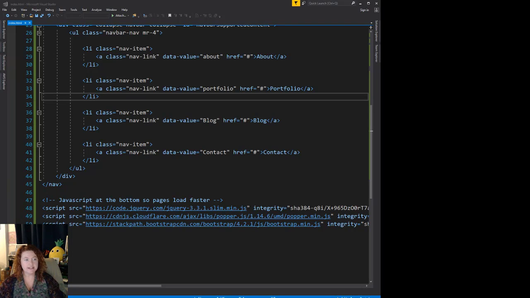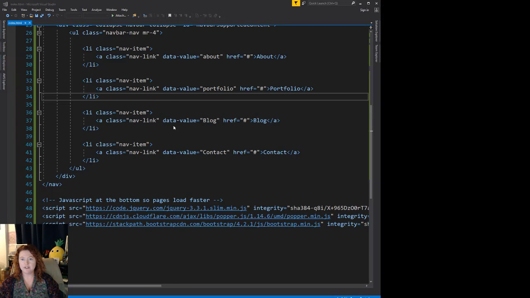I'm gonna go create my own custom CSS. This is the question I always get from students. They're like, okay, I kind of get this Bootstrap thing, but how do I make my own classes? And the answer is, you've got to go make your own CSS file. So if I just go get a new file,